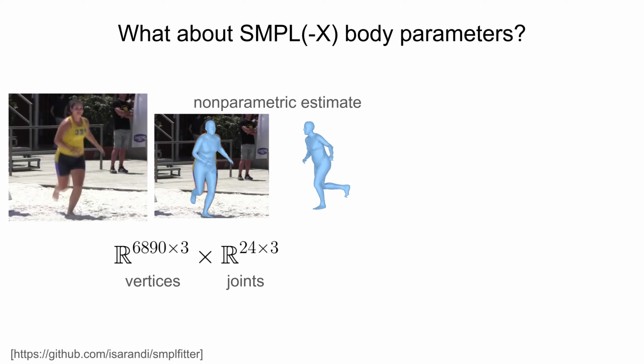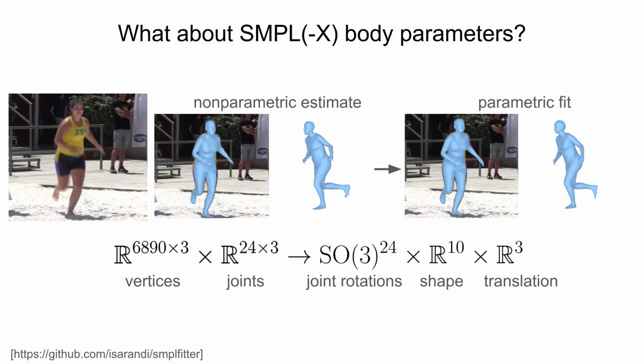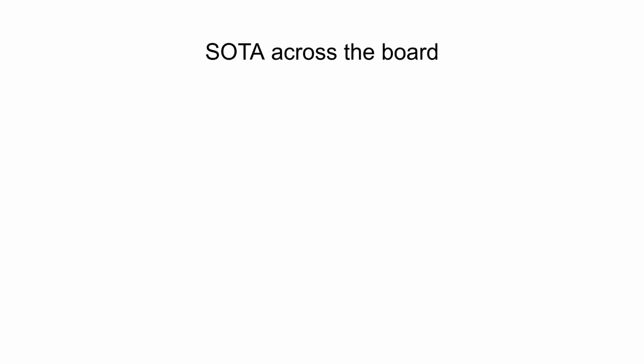So far, this method gives us non-parametric output. However, for the case when a parametric representation is desired, in a format such as SMPL or SMPL-X, we propose a simple post-processing step to fit them. It turns out that this can be done orders of magnitude faster than existing optimizers when the input vertex and joint predictions already have a high quality, as with NLF. See the paper for further details.